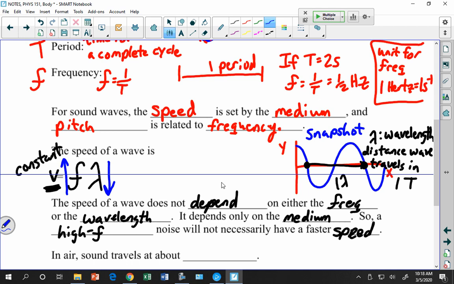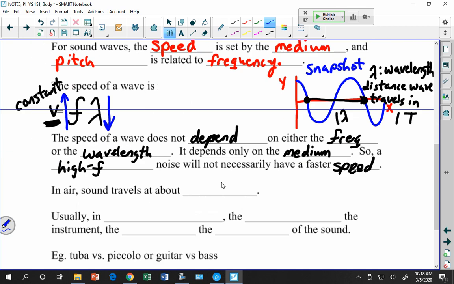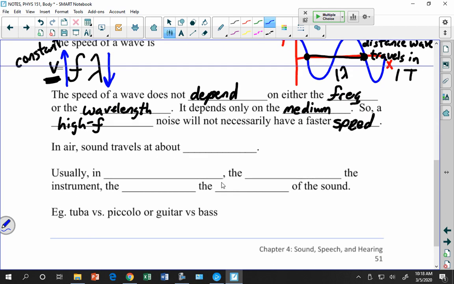All right. In air, sound travels at about 340 meters per second. You don't need to know that number, but it's kind of interesting. And then usually in musical, oh yeah, we'll come back to this. Let's go and write it down. In musical instruments,